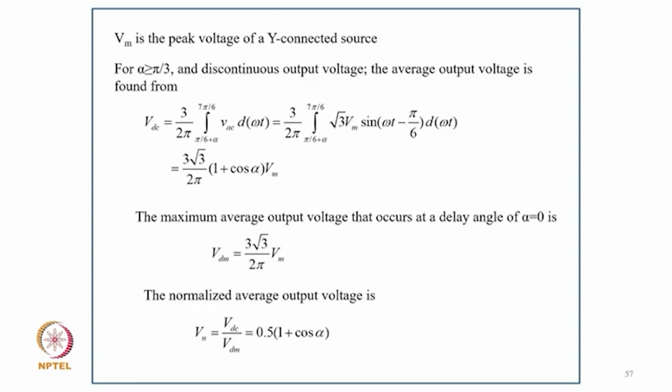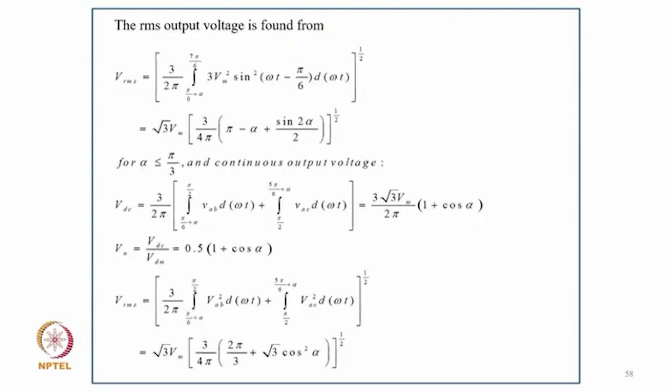So that becomes Vdc equal to Vdm equal to 3 root 3 upon 2 pi Vm, and the normalized average output voltage is Vn equal to Vdc upon Vdm, that's 0.5 into (1 plus cos alpha), and the RMS output voltage can be Vrms equal to, in bracket, 3 upon 2 pi, integral from pi by 6 plus alpha to 7